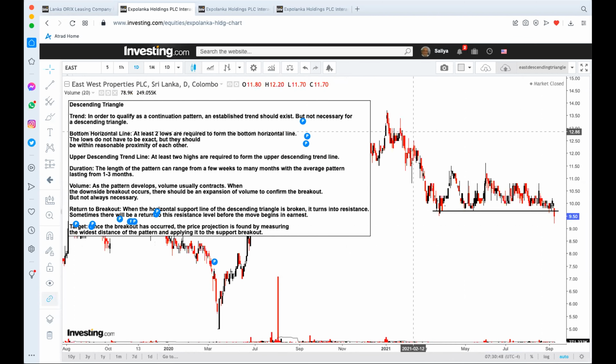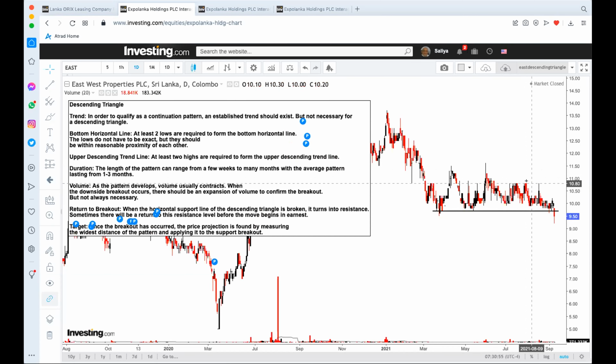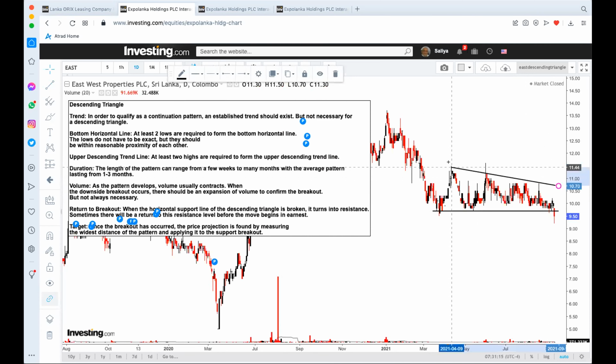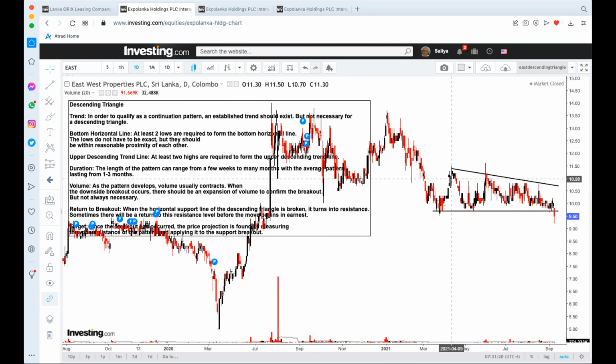Okay. So what I'm going to do is use this high and this high, or even this high, because as long as we are covering two highs, that is the minimum standard, right? So we are going to take this high and this high. Right. So now this is a descending triangle where the sellers are discounting,